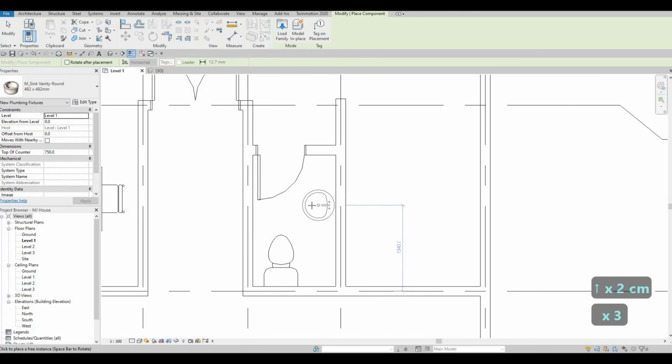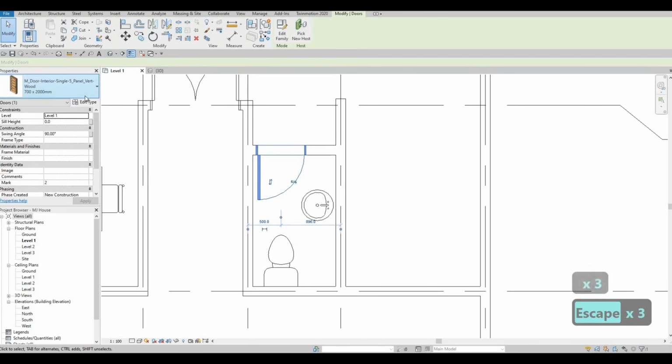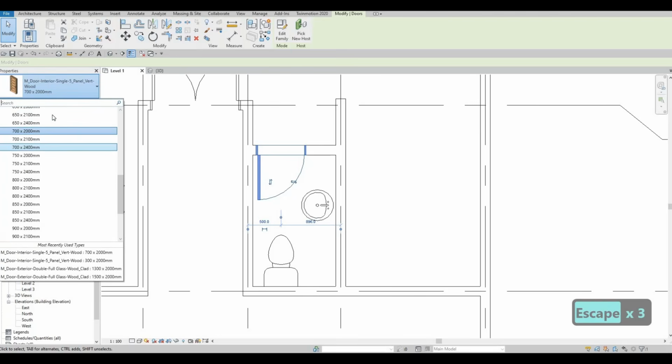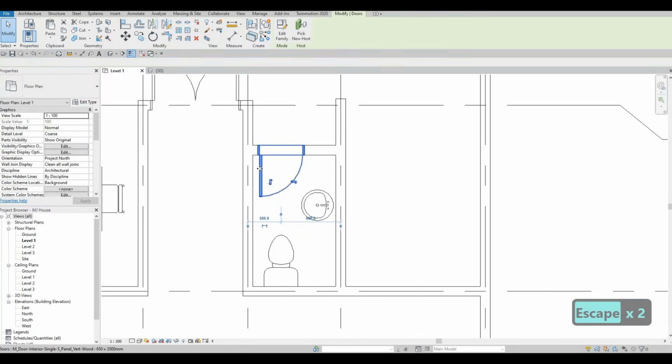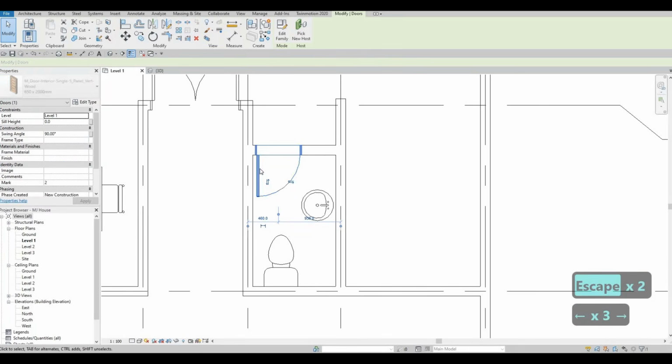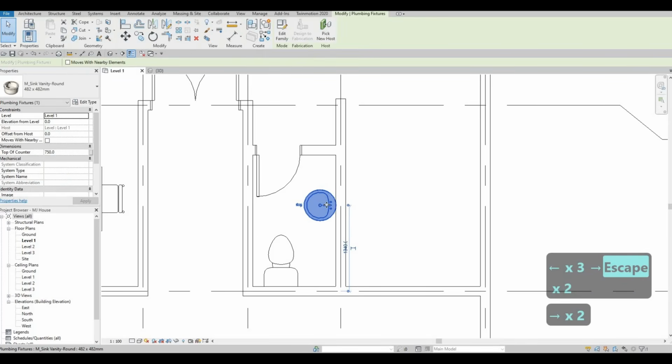And let's add the basin right here. And what I'm gonna do is I'm going to change this to probably 650 by 2000. To make it a little bit small, and let's put it right there on that side,